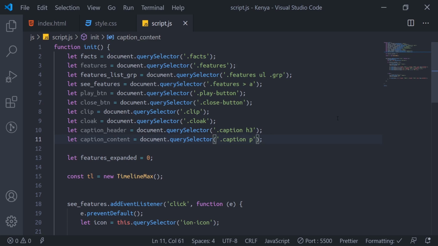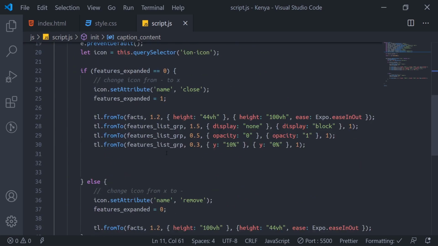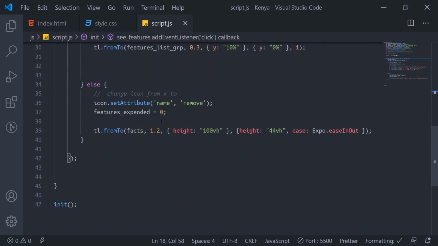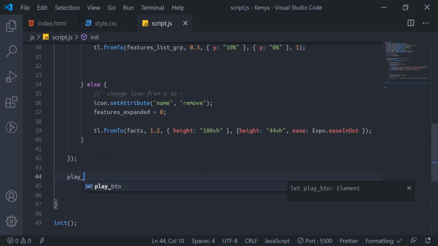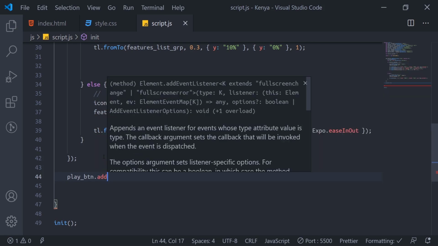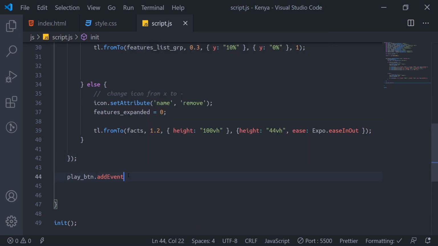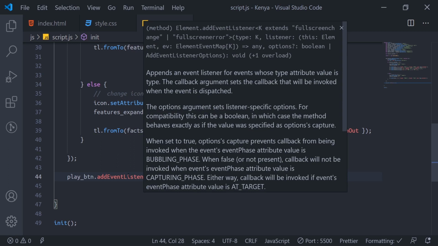All right, so this play button now, we'll create another event listener, so that when we click on that play button, it will expand something. So I'll say play button dot add event listener.